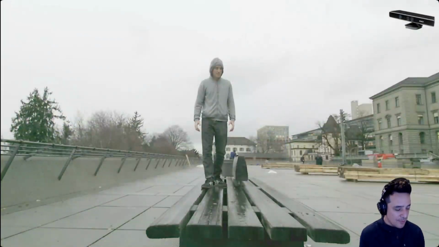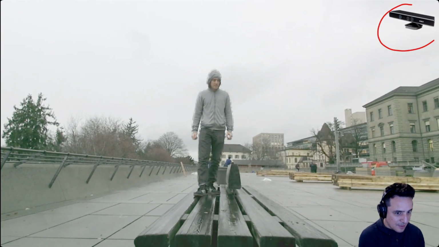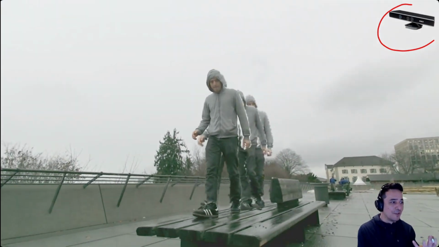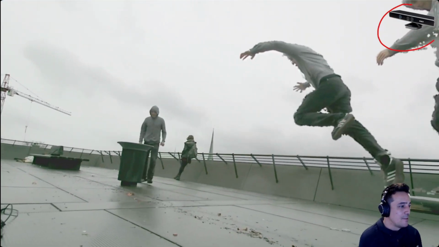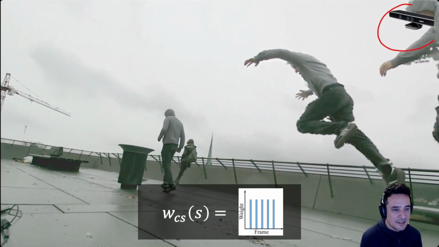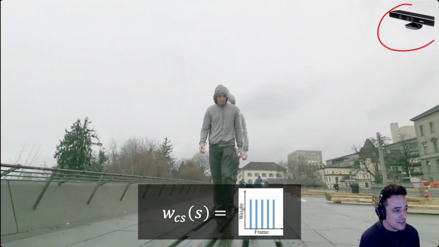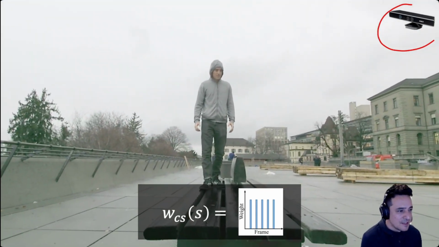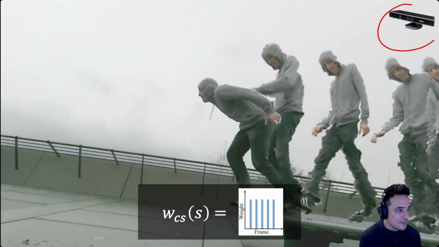And then finally, in this example, which has a Kinect up here, which means that we used a depth sensor so that we could handle scene dynamics, we show that we can do action shots by applying a comb filter on the weights of the samples. So basically, we just keep samples from 1 out of every n frames, and then we get this neat effect. And at the time we did this, there were a few depth sensors, but they were a little bit tricky to work with. But now most modern phones have depth sensors on them. So I think there are some neat computational photography applications using that.